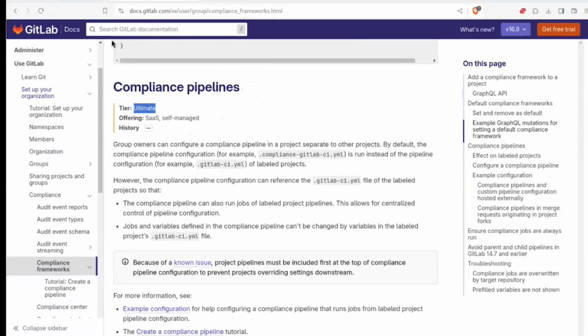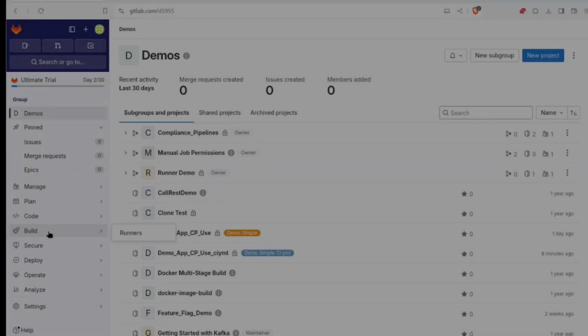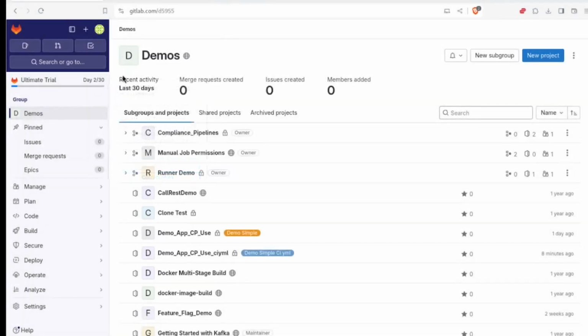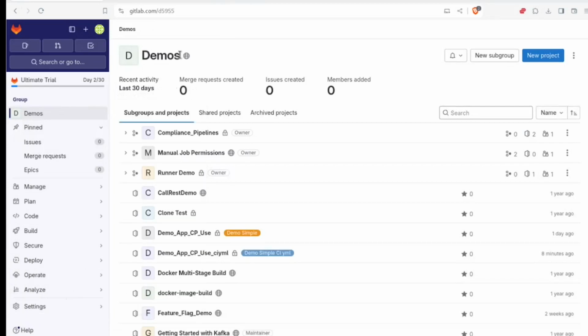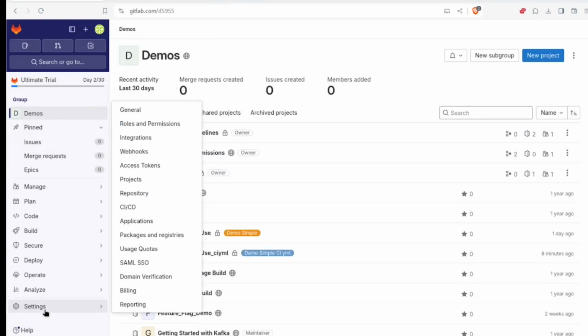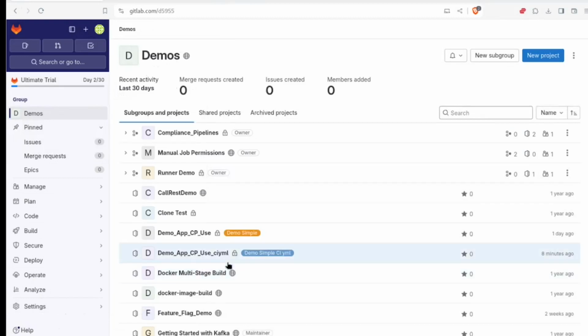So let's go ahead and go over to gitlab.com and let's see how we can get a compliance pipeline set up. Here I have signed into my gitlab.com account and I'm in my demos group. Compliance pipelines and compliance frameworks are set up on a group level. So in this case, this becomes my parent group, demos, and then within this parent group, I can set up a compliance pipeline, for example, and then this compliance pipeline will be available to all subgroups and repositories